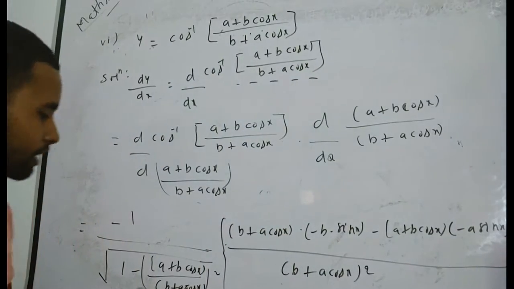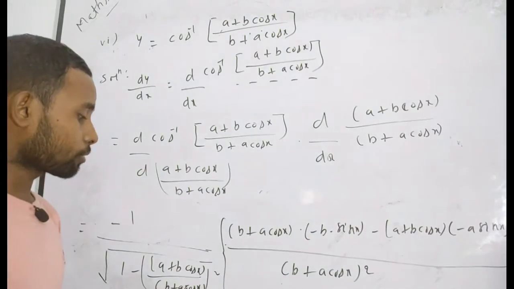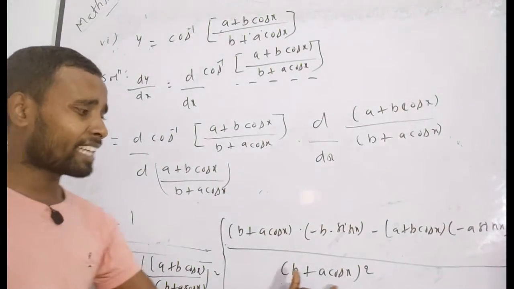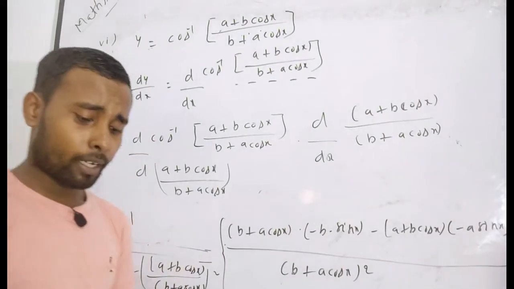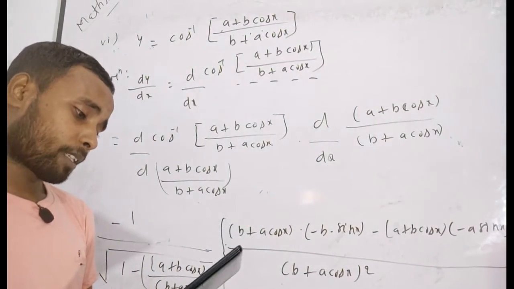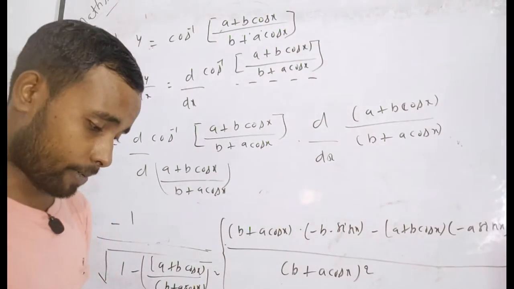You can simplify it as well. After simplification, it will go in the numerator, and in one term, the whole to the power 2 is reduced by 1. I think you understand very well.